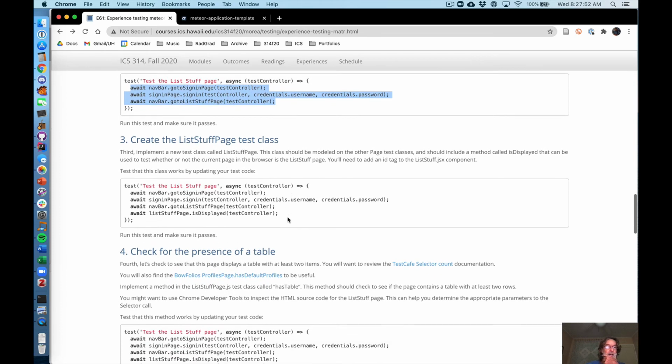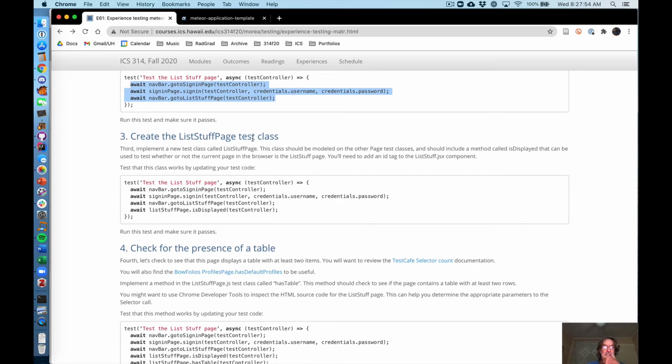So now we're going to create the list stuff page test class. And after we're done, we're going to check to make sure, after we've clicked that link in the nav bar to go to the list stuff page, that the page is actually displayed. Because maybe we've made an error in our React component for list stuff page and it doesn't display. We get some kind of React error. So this is a nice thing to do. Okay, so all we need is an isDisplayed method to check to make sure,